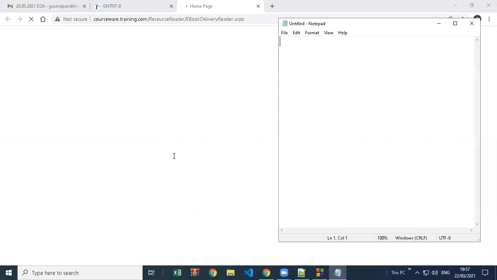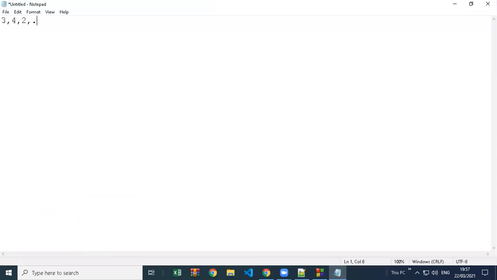You have 5 data items like this, and you want to check whether you have the number 2 in this array or not. Do you have the number 2 in this? We can see, that's why we can say yes. But how can you write logic inside your code to check whether you have the number 2 inside your array or not?